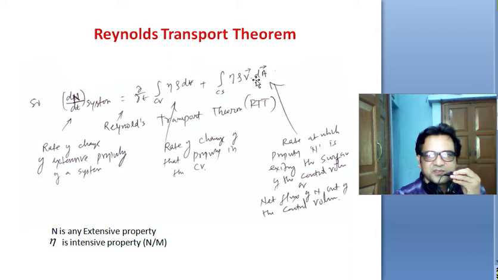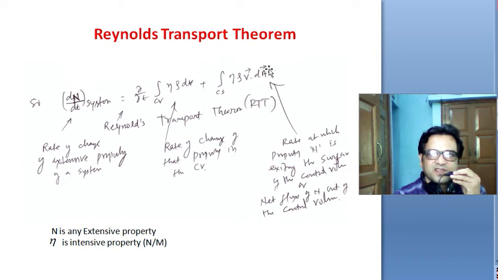So dot product is used. For any control surface, if you know the velocity vector at which the flow is leaving, and the normal vector to the cross section, outward normal basically, then you can find out the dot product. If both the vectors, the velocity vector and the outward normal to the control surface, are in the same direction, this is a plus sign. But if the normal vector and the velocity vector are in opposite directions, this quantity is a negative quantity.